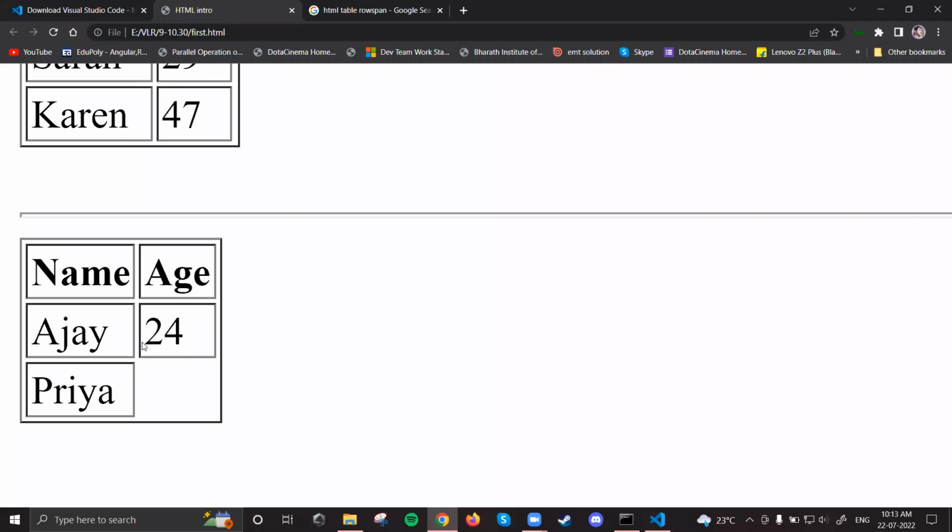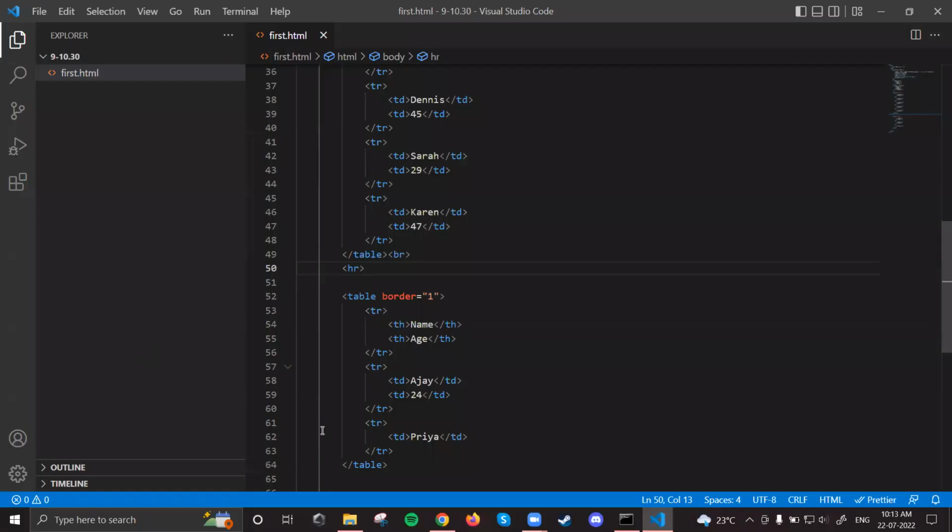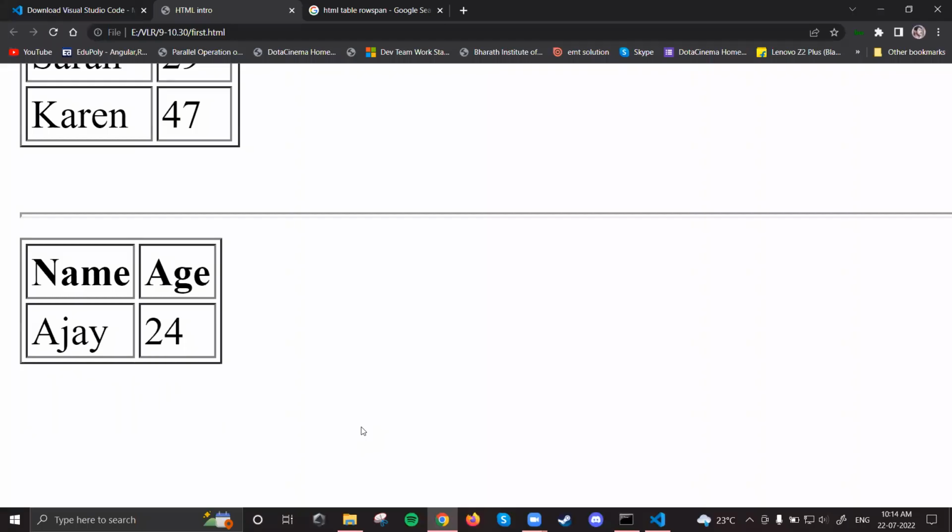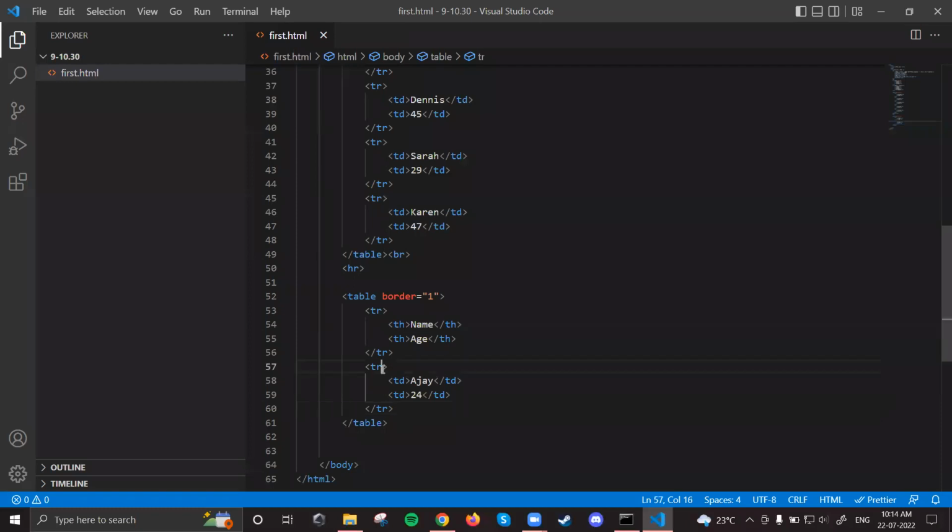If I put 2, it will occupy 2 lines. Okay. So let me do one thing. For now, let me remove this tr, Priya. Then what will happen? I have only one line. But in this tr, if I write something like this,